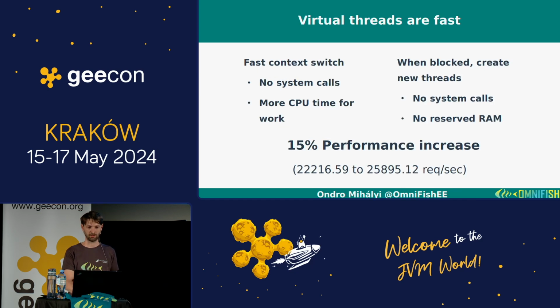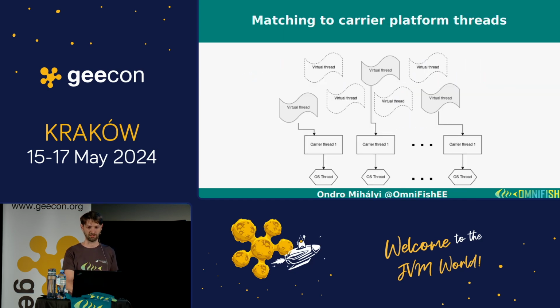Yeah, this is a graphic that I want to show later, but here it is. You have many virtual threads, then you have just a few carrier threads. They are called carriers in Java terminology. They carry the virtual thread to do the work, but when the virtual thread doesn't do anything, it's blocking or it's done, it's detached from its carrier thread, and some other virtual thread runs on it.